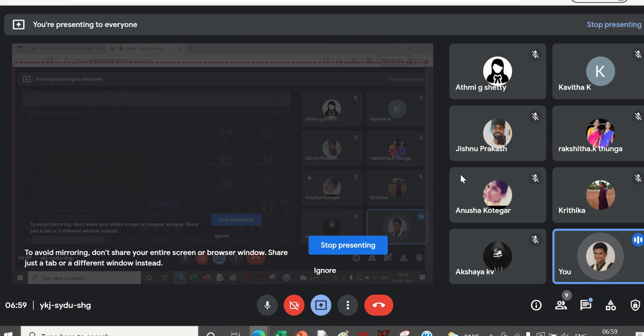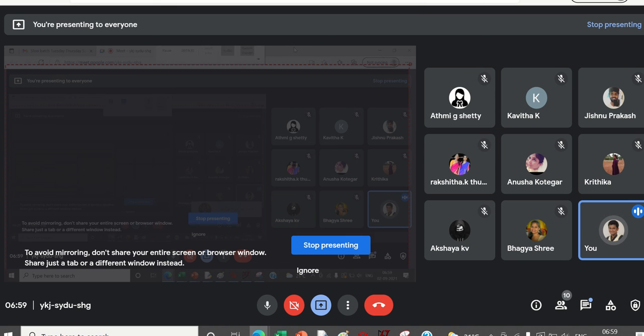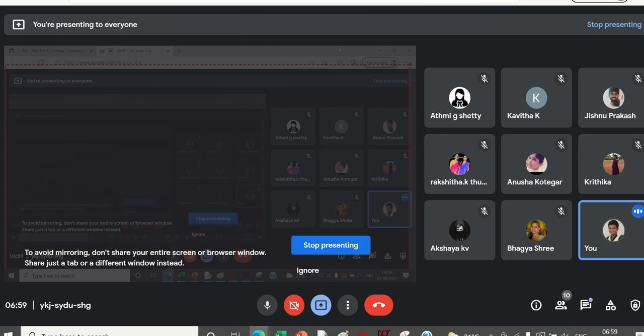Maximum people try to connect, or else you will not be able to ask the doubts. Then there is no point. Genuine network issue, fine. But mornings, if you can't wake up, that is not a good sign. We'll hardly have another 5 to 6 classes, so make sure you have the laptop connected next time in the morning.